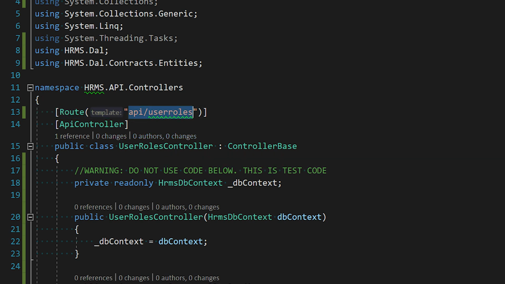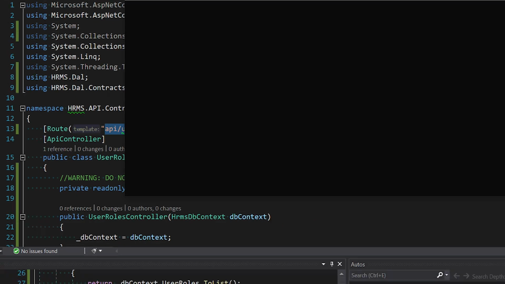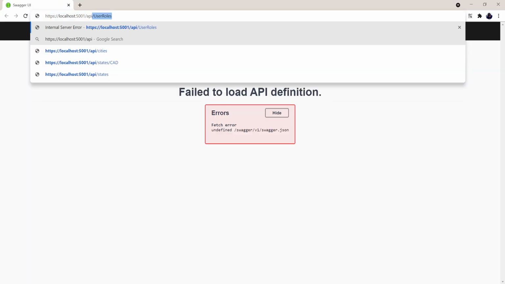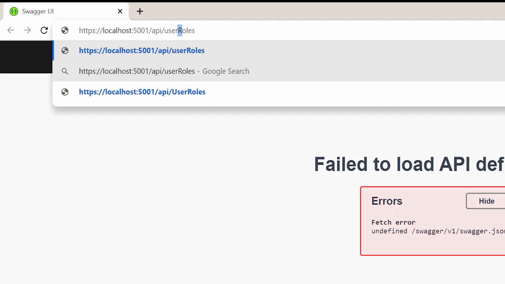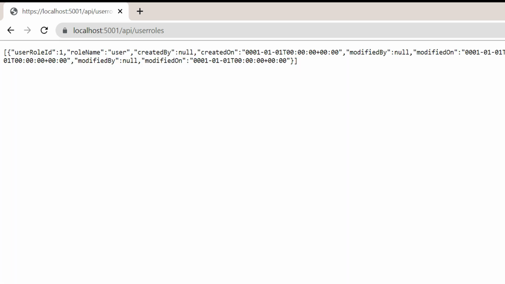So let's just hit it and see. If we hit the API, we should ideally see, and yes, we have both the roles.